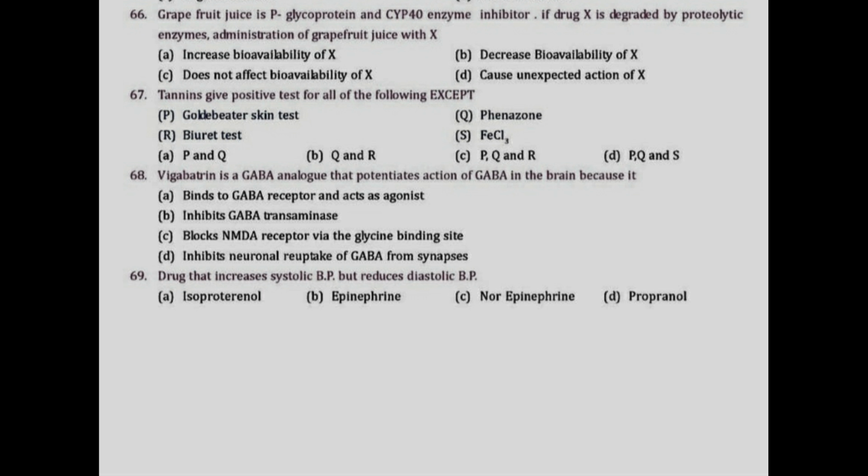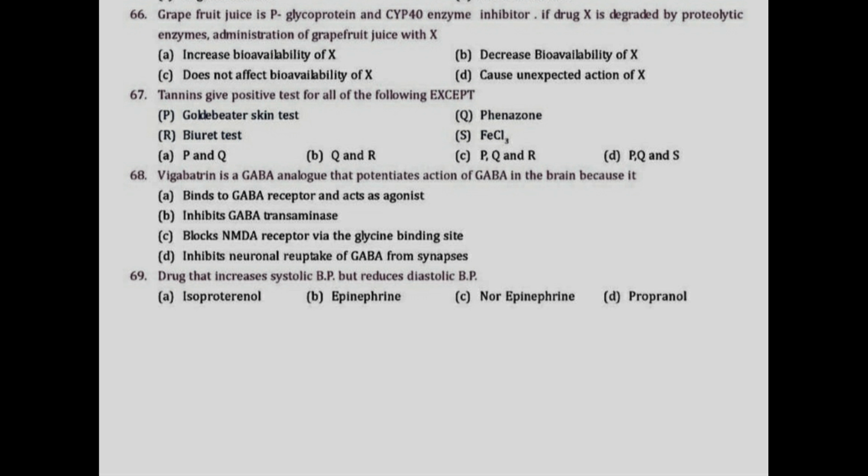R is Biuret test. Biuret test, we know that it is a test which is for proteins. Then Goldbeater's skin test means small piece of goldbeater's skin membrane. It is from the intestine of ox. It is isolated and it is treated with 20% HCl. And then it is rinsed with distilled water and placed in the solution of tannin for 5 minutes. Skin piece is then washed with distilled water and kept in a solution of ferrous sulfate. The observation is brown or black color in the skin. It shows the presence of tannins.